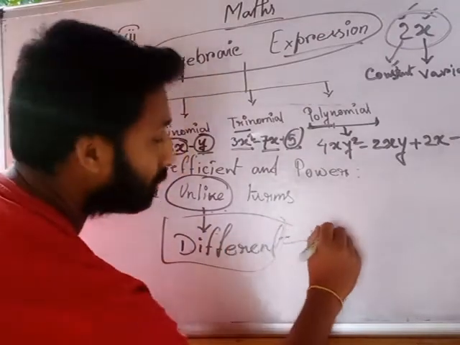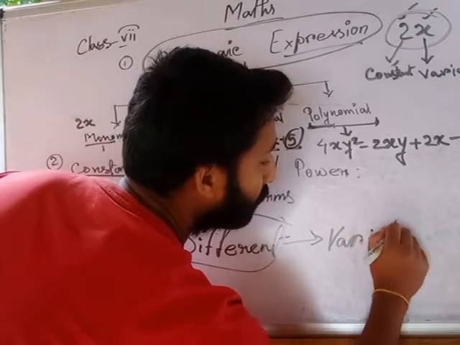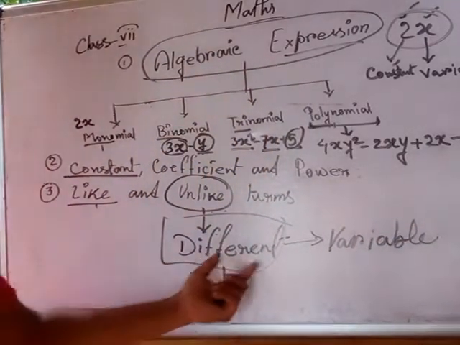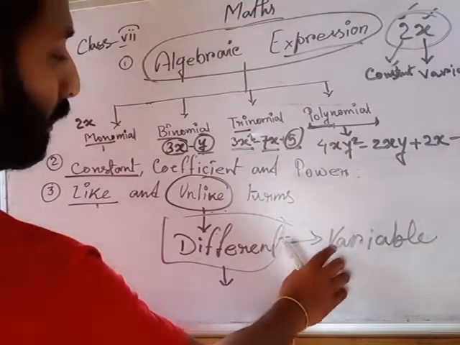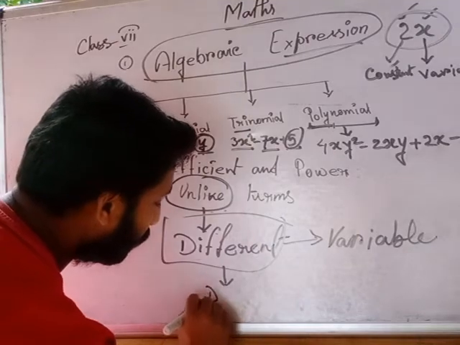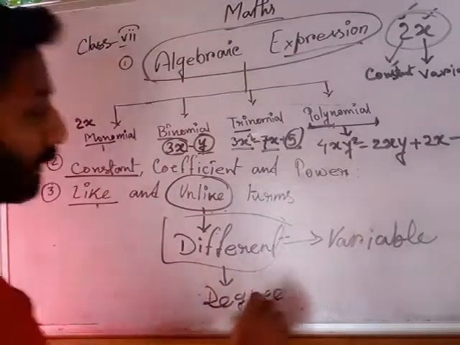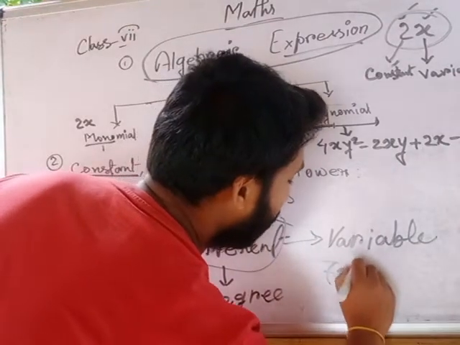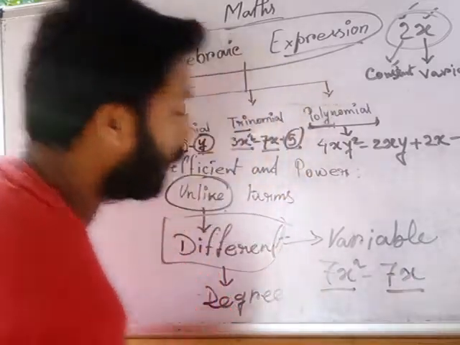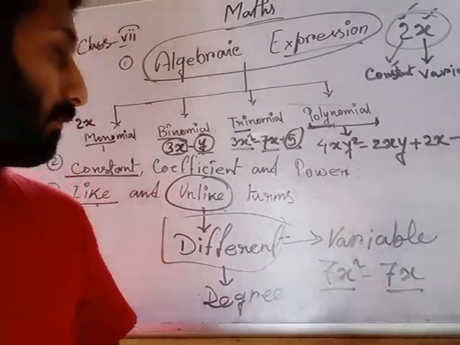They are different in variable, and also different variable, and also the constant, and also the degree. Like this, 7x square minus 7x, this one and this one are different terms, that means they are unlike terms, because